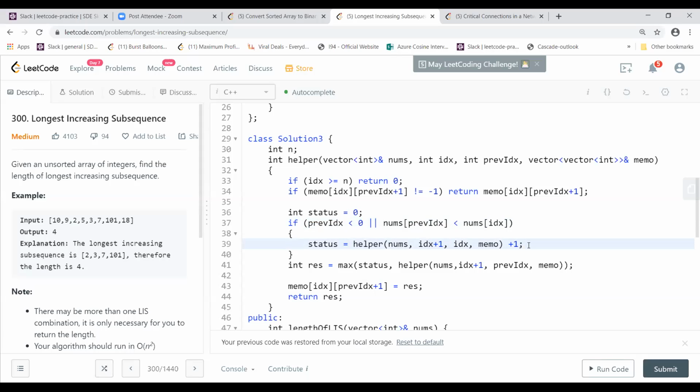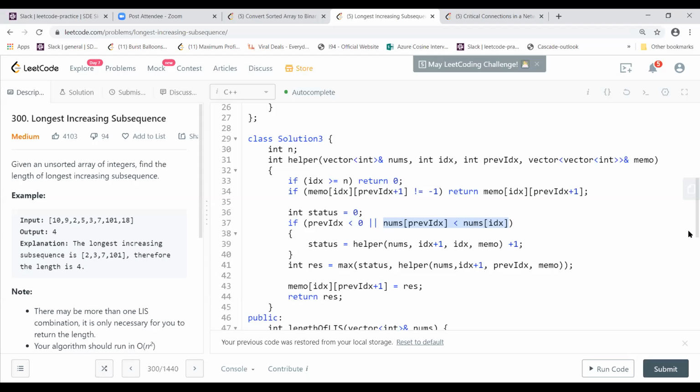But you don't check for less than or equal? If it is equal, would that still be the same sequence, or strictly increasing? Strictly increasing, right? Okay, it is the longest increasing subsequence. If they give non-decreasing, then I think we can use equal to. I mean, if you have repeated numbers, like two 2s. Oh, really? This is strictly increasing, right? Yeah. If they give non-decreasing, that means you can have duplicates of numbers.